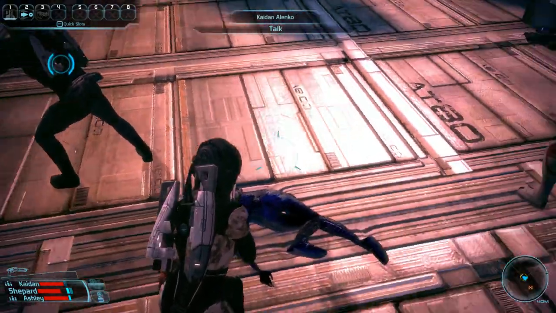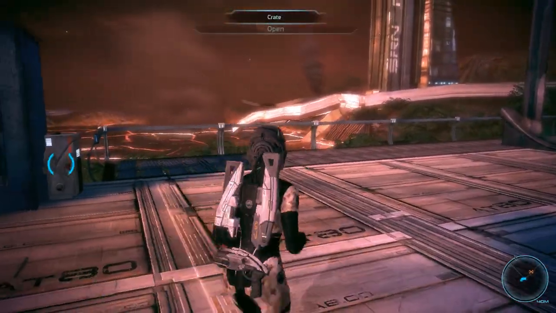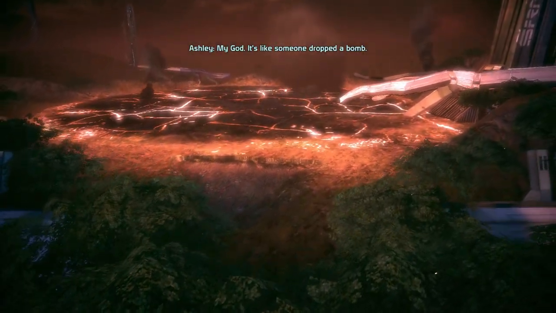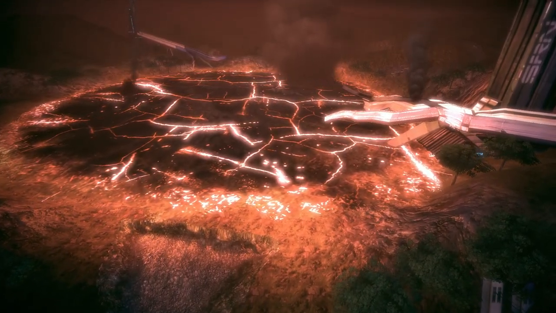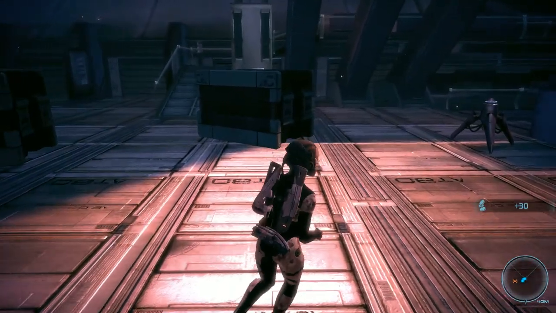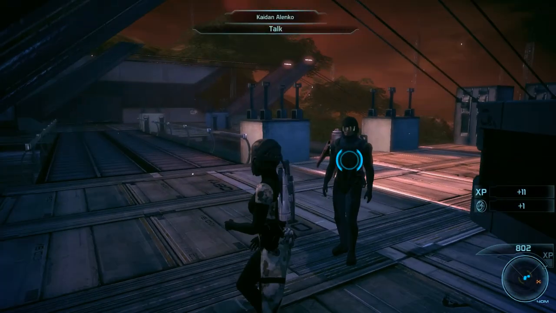Jeez. Man, the husks are stronger in this game than they are in any other, but they're still annoying. Like, seriously. My god. It's like someone dropped a bomb. That must be where the Geth ship landed. Okay. So we got some stuff to loot. And I think after I do a little bit more talking about certain things... Just grab it and then...